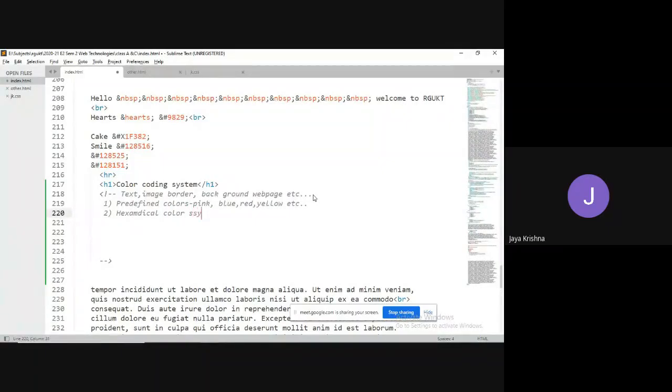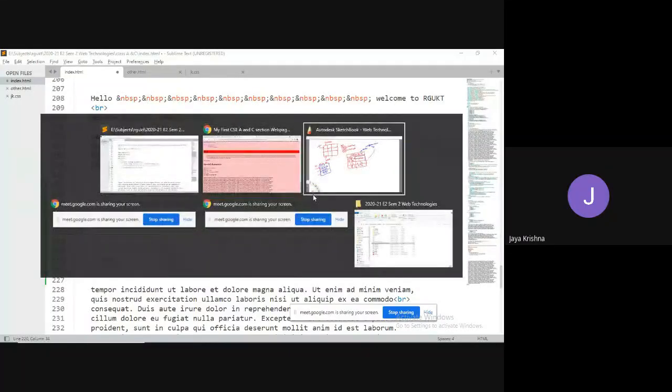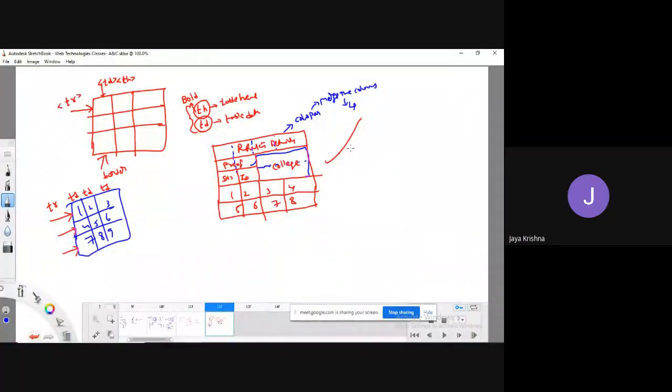So what do you mean by hexadecimal? I think you know the meaning of hexadecimal. Hexadecimal values range from 0 to 15. But generally, you write 0 to 9 and A to F, meaning that a total of 16 possibilities are there, right? Yes.